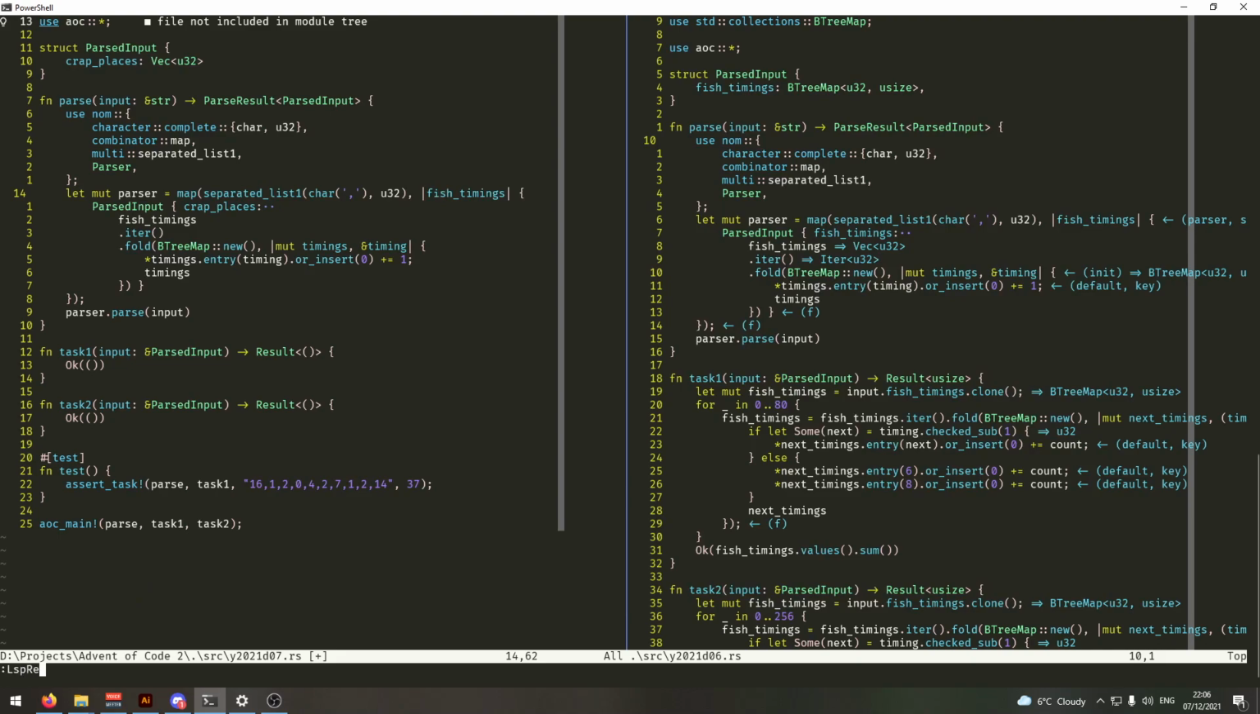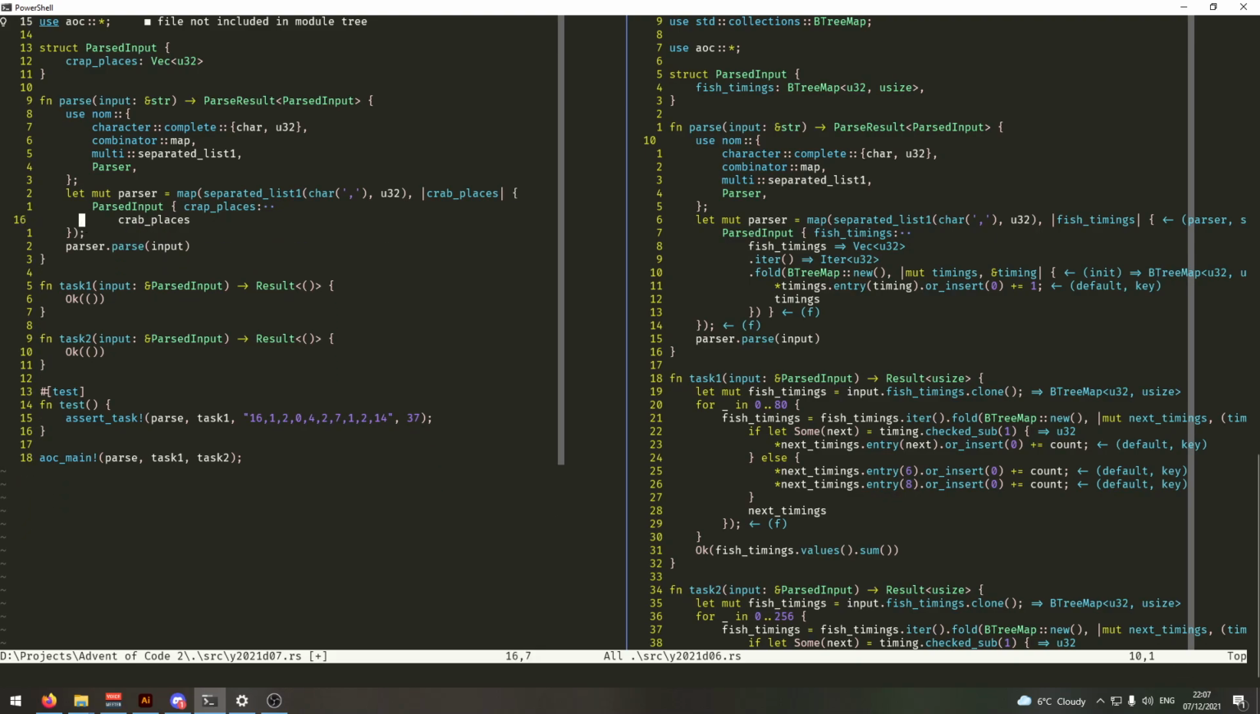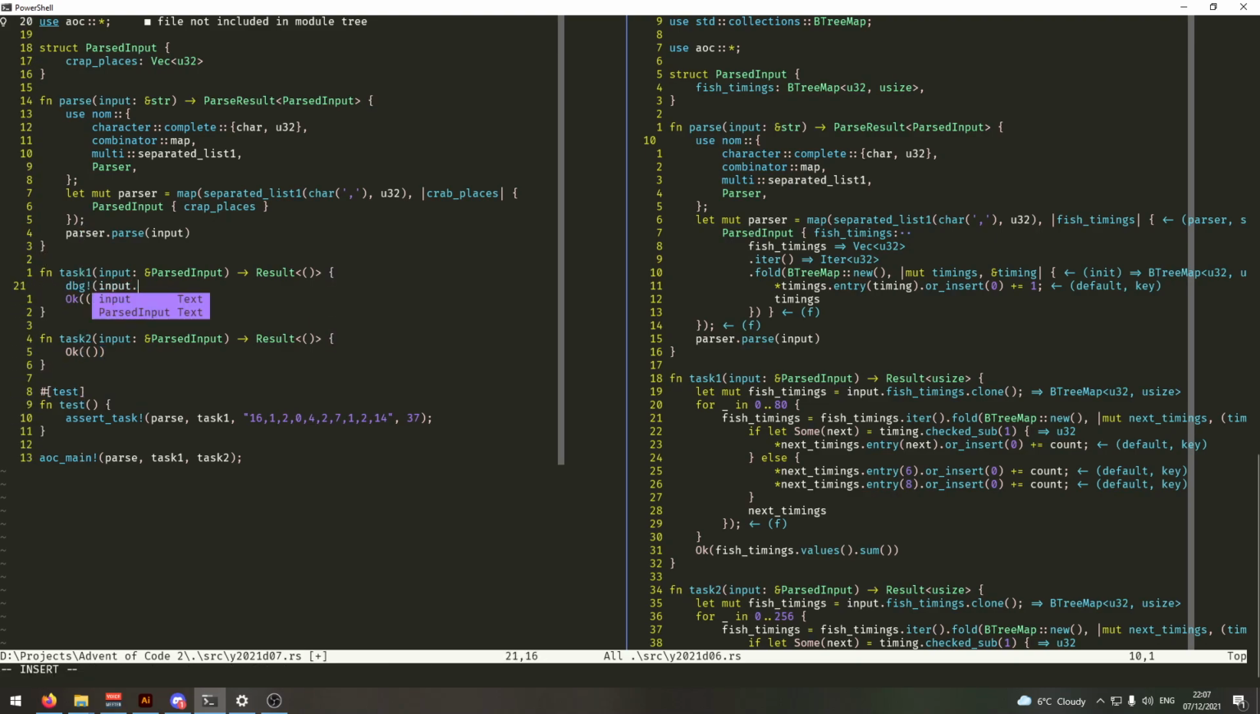Refactoring isn't set up yet, and there's no convenient Rust refactor. No, okay. Crab places, and then this one doesn't need to be a B tree map, it is just a vector. Okay, and then that should be